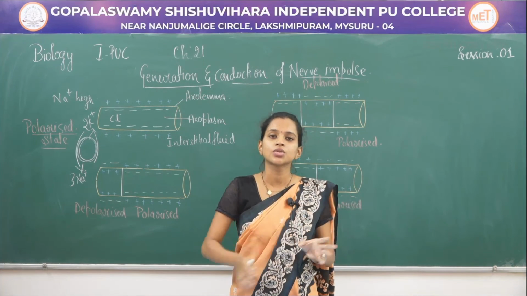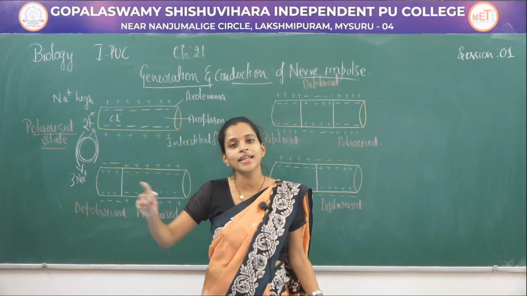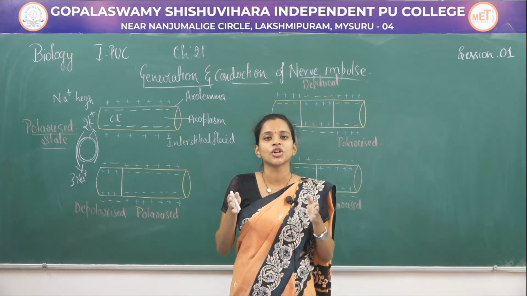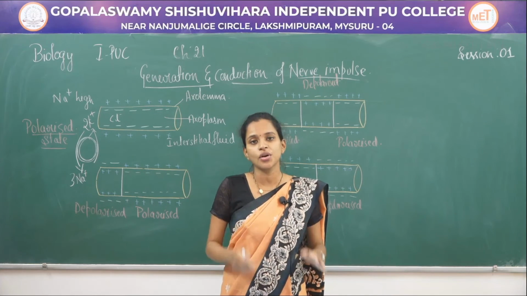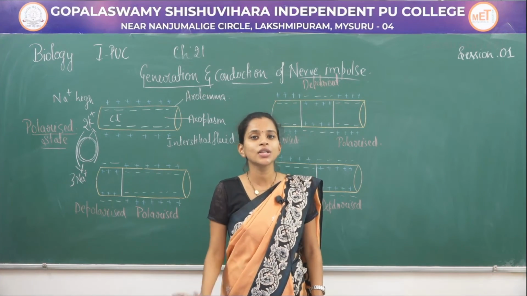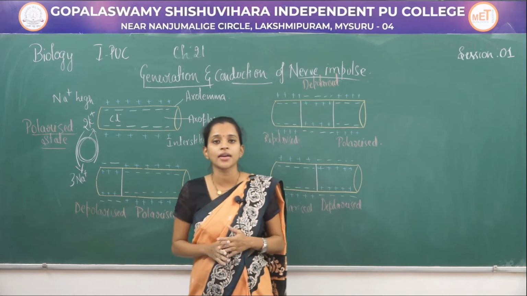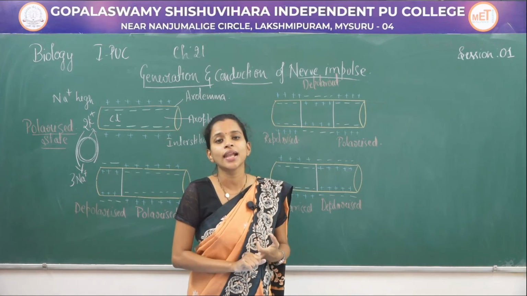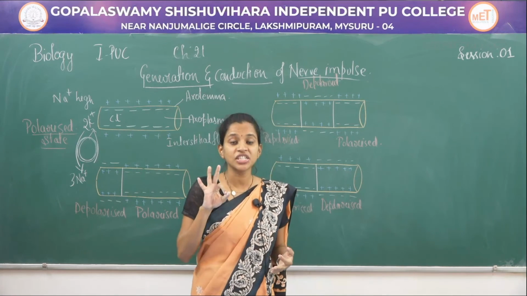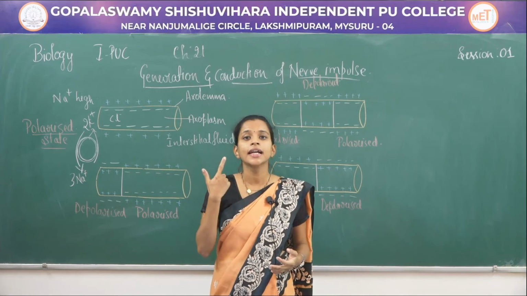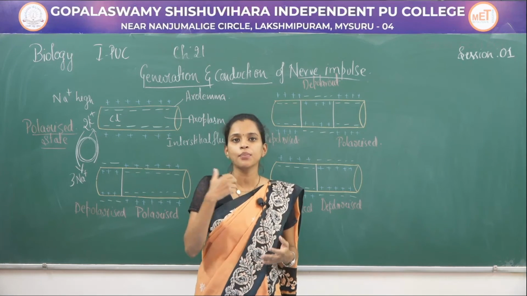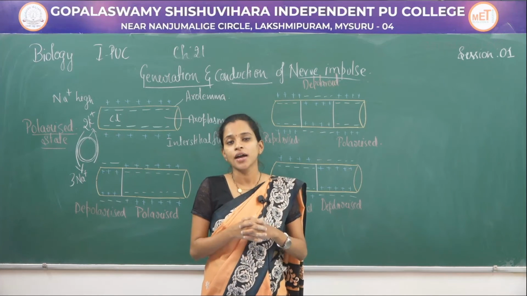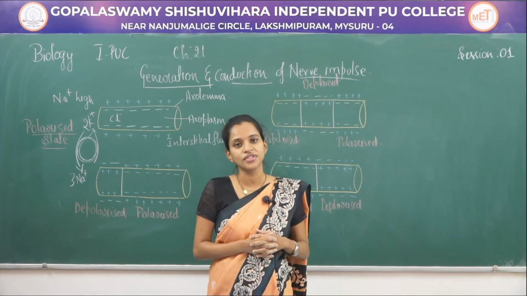Once the stimuli passes to the whole axon, then it is next transferred into the axon terminal. This is how there is generation or conduction of nerve impulse. Once again to discuss, it involves 3 different ions, that is sodium, potassium as well as chlorine, and it involves 3 different stages, that is polarized state, depolarized state and repolarized state. The gradient created between these ions leads to the conduction of nerve impulse.